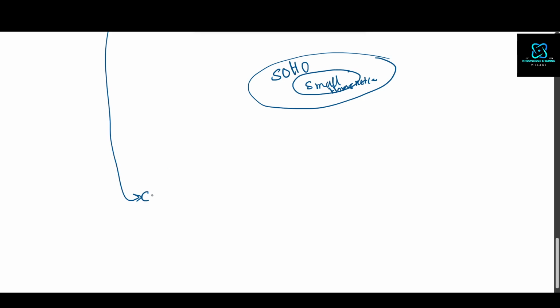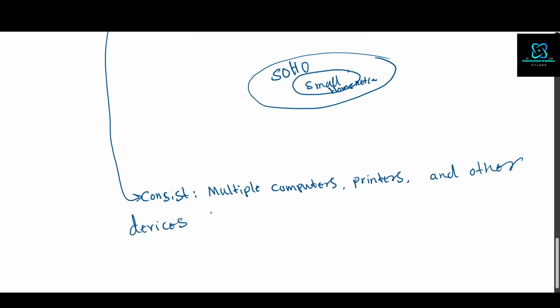This network may consist of the following devices: multiple computers, and also printers and other devices connected through a router,